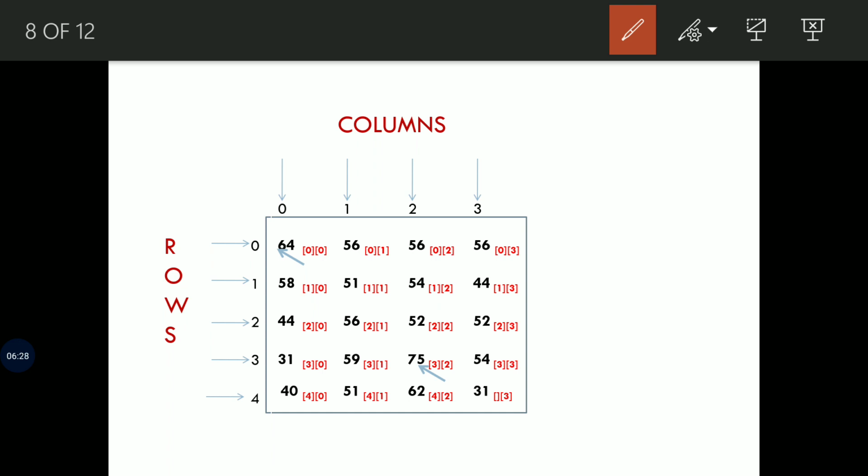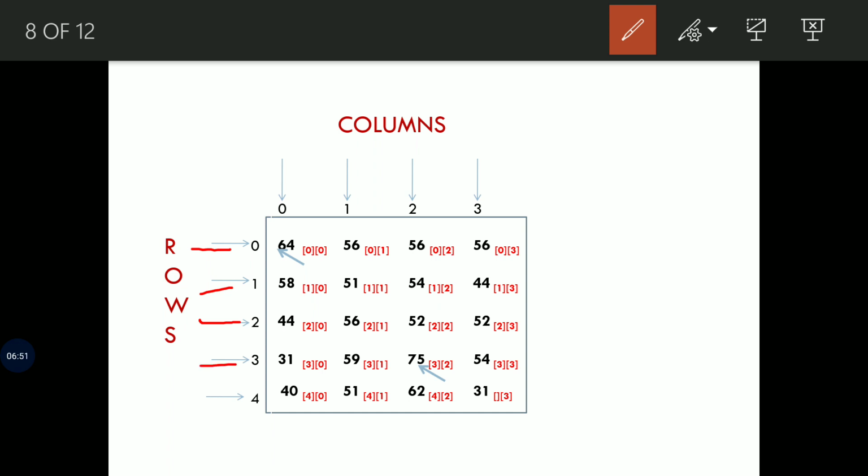In the same way, in a double dimensional array also, index number starts from 0. Now, I will write row index number and column index number for the first row. First row index number is 0. Second row index number is 1. Third row index number is 2. Fourth row index number is 3.